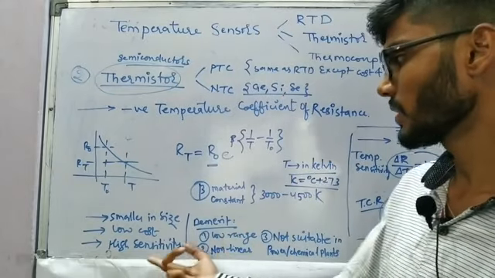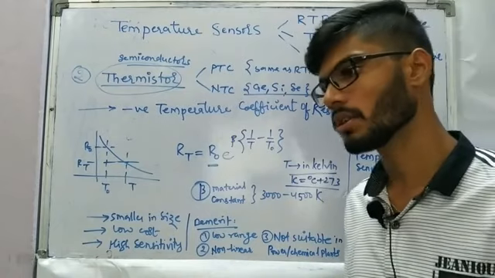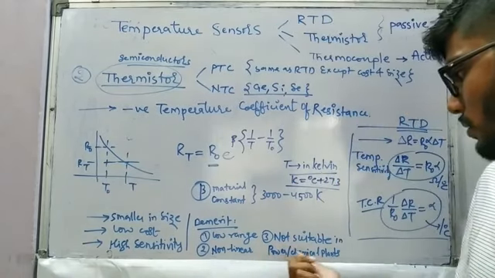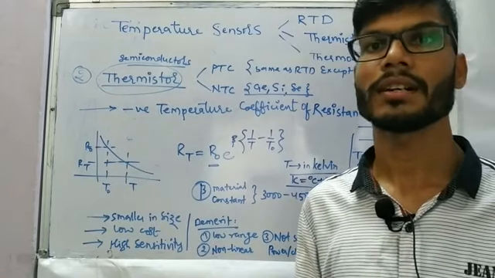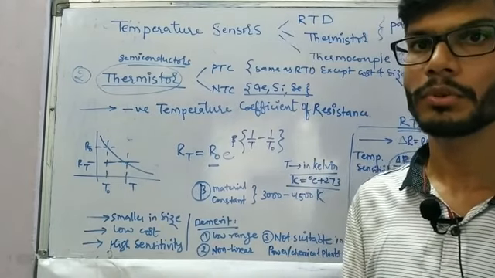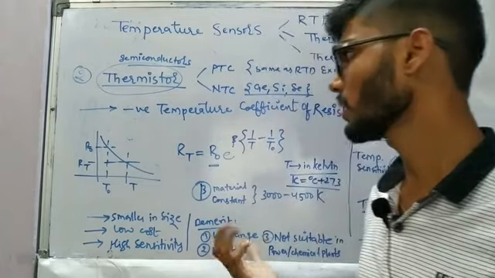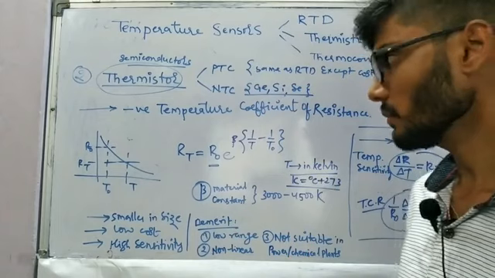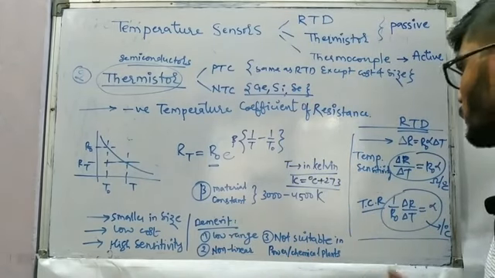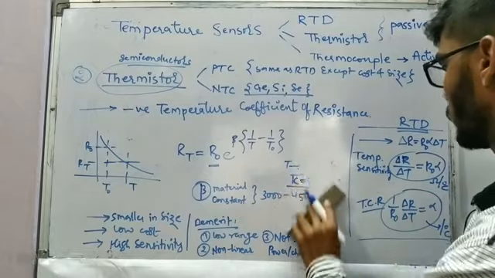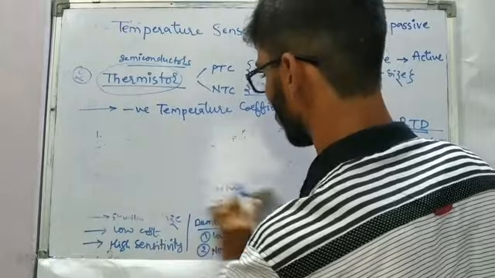So a demerit: as it has higher sensitivity, it is going to be non-linear, and it has a low range value. Also it is not suitable for power or chemical plants, because in those places the metal platinum RTD is going to be used, because it is non-reactive, whereas this may react with our measurand. So moving forward with the expression for the temperature coefficient of resistance beta, we will try to derive it for this case.